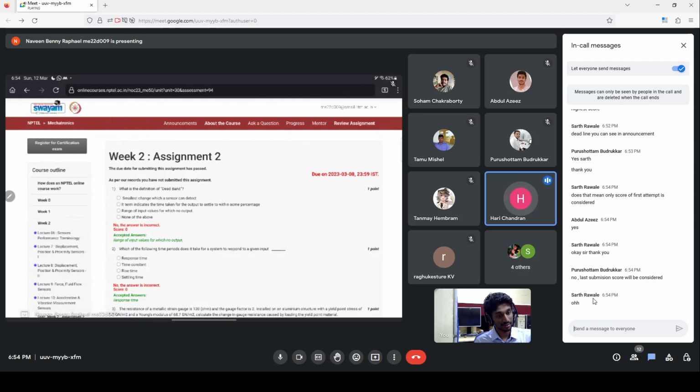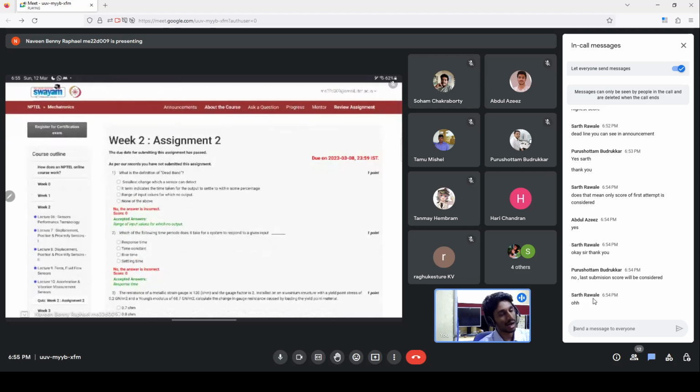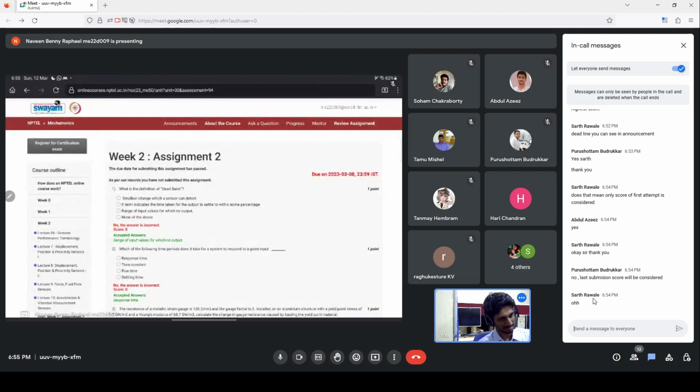After the deadline, if you submit, that will not be considered. Exactly, if you submit after the deadline, it won't be considered. I do not know which score will be considered, but technically speaking, it should be the last score which is considered, because